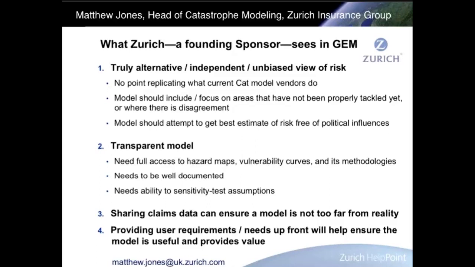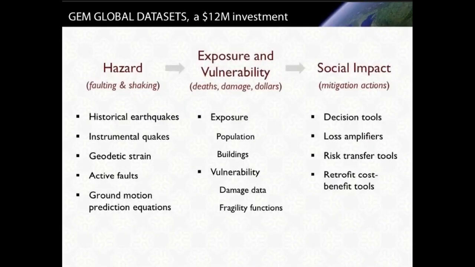Now, I mentioned that the data sets that GEM is gathering are crucial to the ability to improve probabilistic seismic hazard assessment. This is a very large investment, about a $12 million investment of GEM's. We've spent about $7 million on the software. We have about a $5 million budget a year. And I want to just focus on the hazard data sets because they're finished. And so I'm talking about material that is in the bag and I believe changes the landscape for seismic hazard